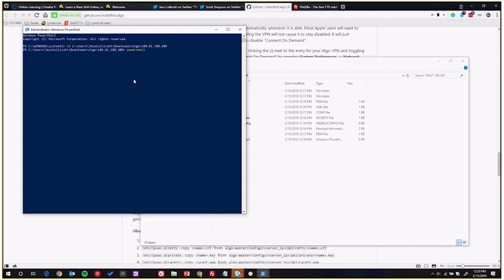PowerShell, execution, depending on how you have your execution policy set up, policy, bypass. So for this once, we're going to bypass the execution policy if you have it set up to be restricted or a different setting. And then file, and then the specific file here that we have,